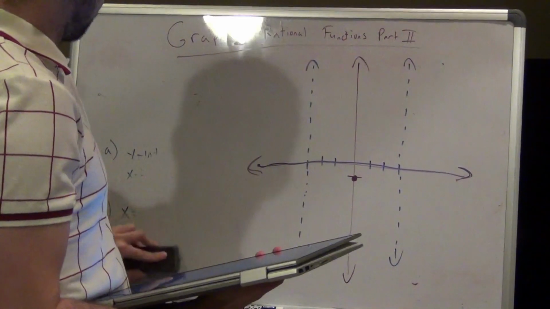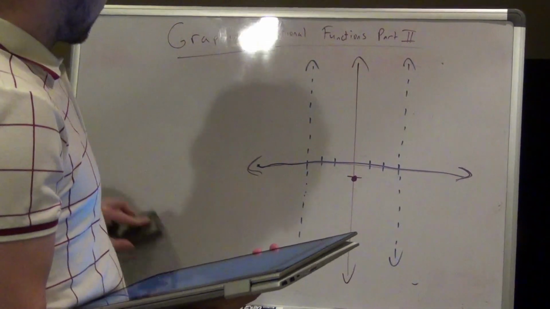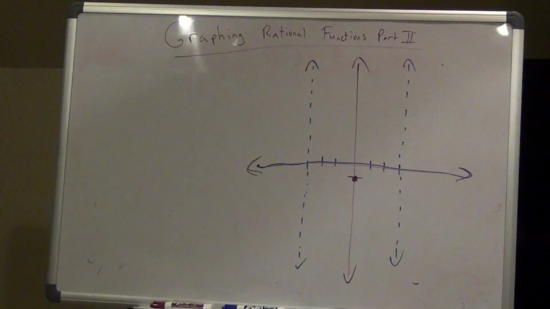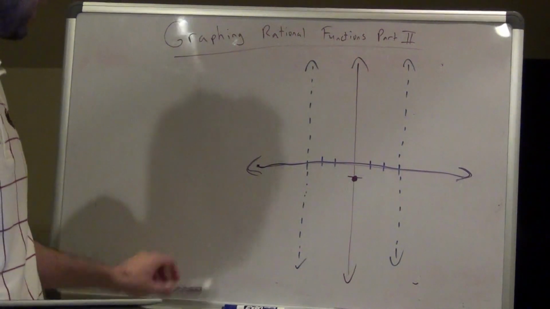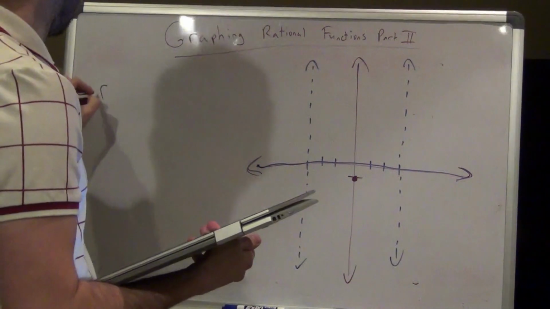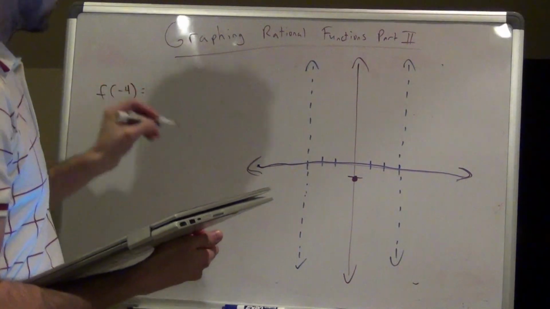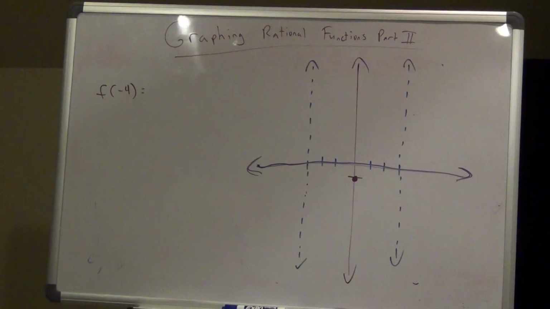So I'm going to find one coordinate, so I'm going to use -4. That's one number to the left of -3. This is -3. I'm going to do one number. I'm going to find the point when I do f of -4. Okay, when I do that, guys, when I do f of -4,